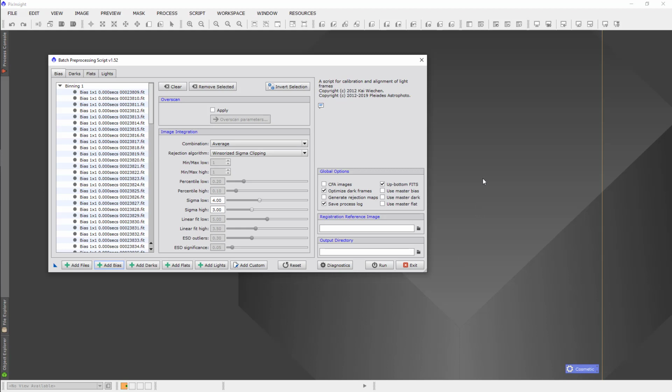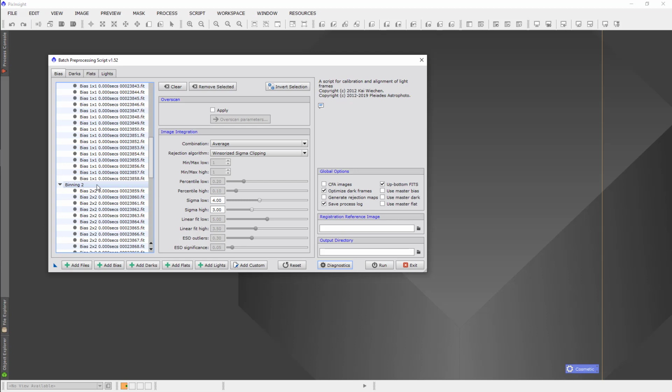There we go. And you'll notice that I mixed 1x1 bias with 2x2 bias. But because that is in the name, PixInsight can read that name and figure out, and it separates them into two groups. This is the beauty of batch preprocessor, is it recognizes the name. So you have to be careful to have named your files correctly to begin with, but if you do,